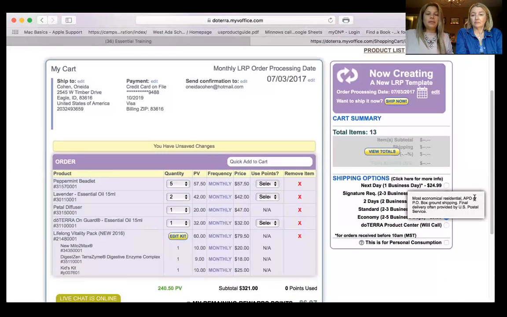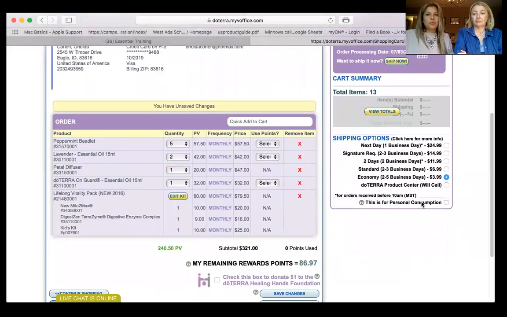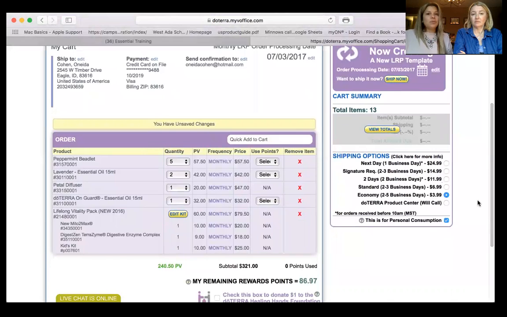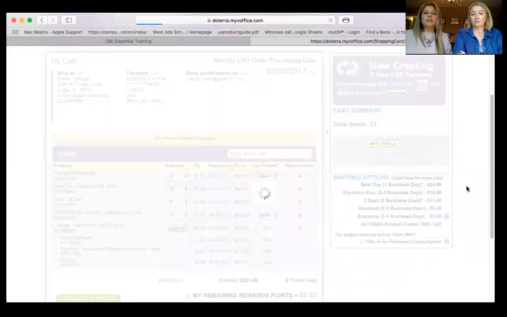Whatever you pay in shipping, doTERRA puts back in points into your account. Okay, this is very important to have selected and saved. This is for personal consumption, and what that means is you're going to be taxed as a customer and not as a person who is doing the business. Once you have everything the way you want it, just make sure you have all the information correct. You're going to select view totals.